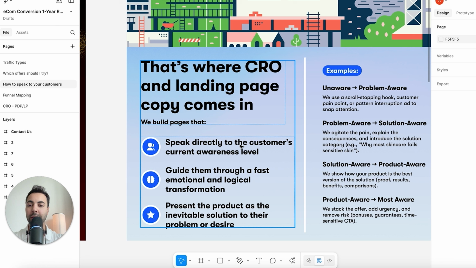We've helped e-commerce brands crack conversion rates and average order values even when their product pages perform worse than average. Here's the truth. If your product page is not converting, it's not necessarily the product. Often it's missing a critical piece, and that's an educational funnel that builds trust, overcomes objections, and guides users through each stage of customer awareness in your funnel.